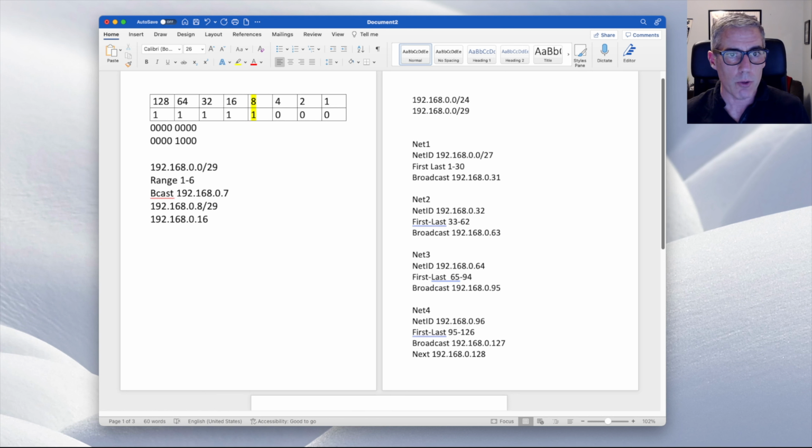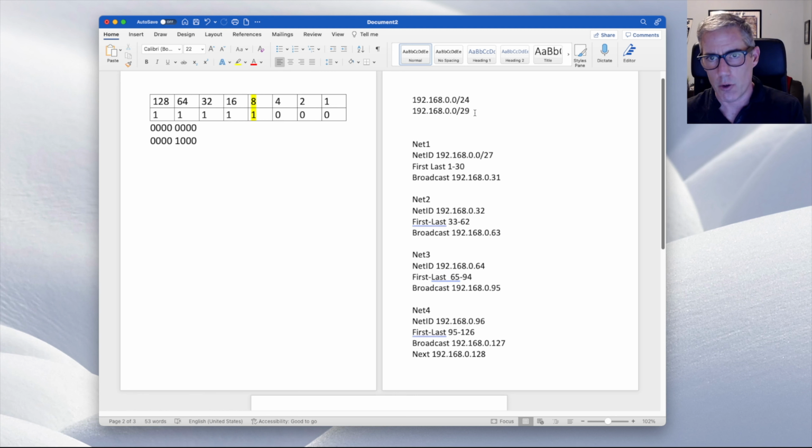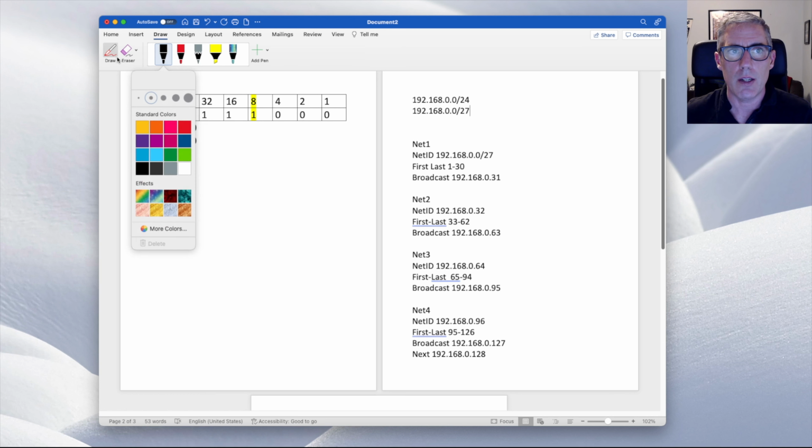So next time I will talk about how to figure out how many addresses we have available, and how to create a design that will fit the number of addresses available. And really that's as far as you generally need to go with IP addressing, is designing the network. But this piece here covers most of your questions, because you will have questions that can be what's wrong with this design? So if I get rid of this and we go back to where we were in this design here, where we had a /27,